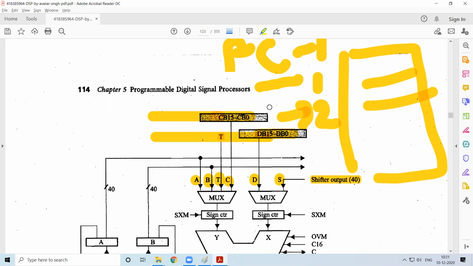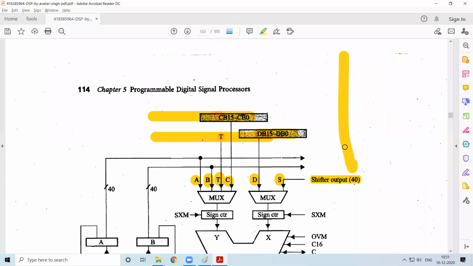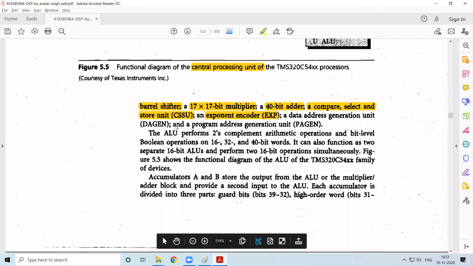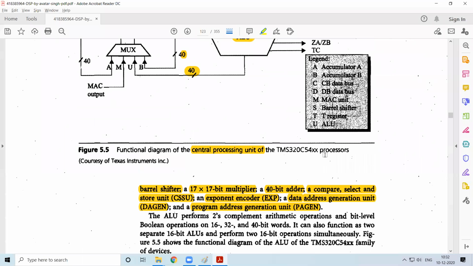In this case also, the data which is being generated by the program address generator has to be processed using the ALU. You can either have the same ALU or separate ALUs. So here pertaining to that, we have these aspects, that is the data address generation and program address generation units. They will be utilizing the features of this CPU and generating the address. All the cases have to be taken care of. If it is bit reverse addressing, how the operation goes around. If it is circular addressing, how the operation goes around for accessing that address.